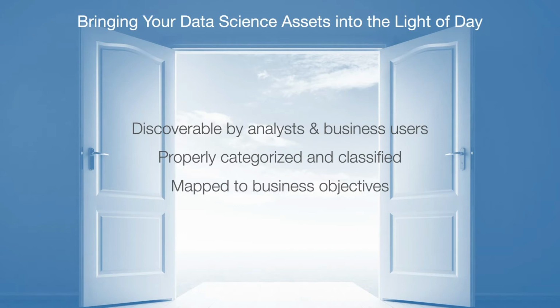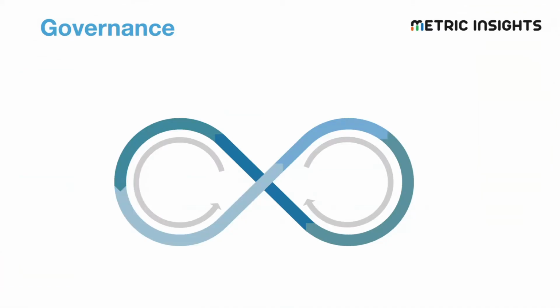And very importantly, all of the assets that you bring in can't just be out there, because, okay, I've got a model. What is this? It needs not only to be categorized and classified, but mapped to the business objective it's supposed to serve. Understanding for a particular model, what part of the business process does it fit into, and how does it support that business process? Very important, because then you can look at a business process view and understand what models and data science assets can support me in improving that process.